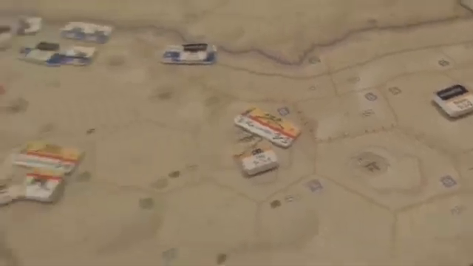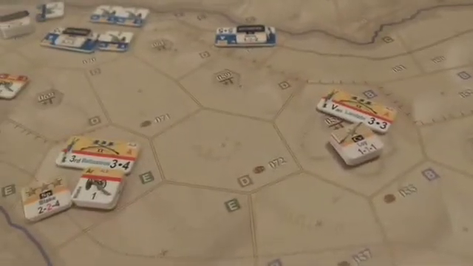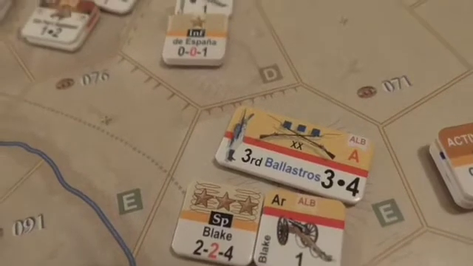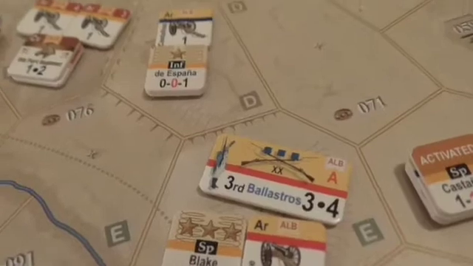So let's see what Blake wants to do. He's going to pick up one activation, and let's have a think about what his troops want to do. So a bit of trouble here for the Allies. Positional trouble, not combat trouble, but